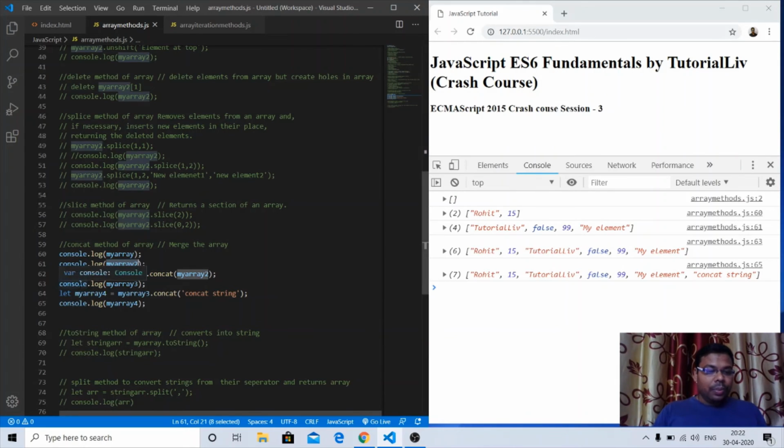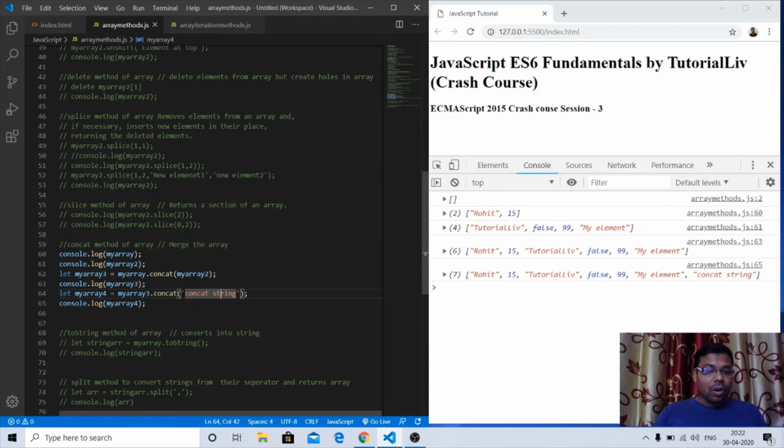If I want to concatenate my array and my array 2, I call my array dot concat, and the second array that I want to concatenate, my array 2. It will concatenate these two arrays and return them into a third array that I have created, my array 3. And now my array 3 has six elements: Rohit, 15, tutorial live, false, 99 and my element.